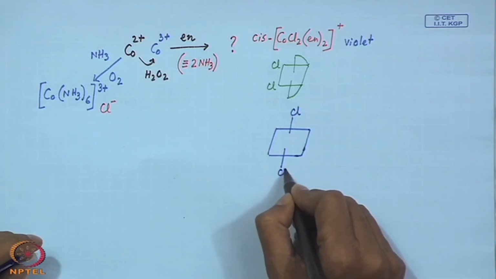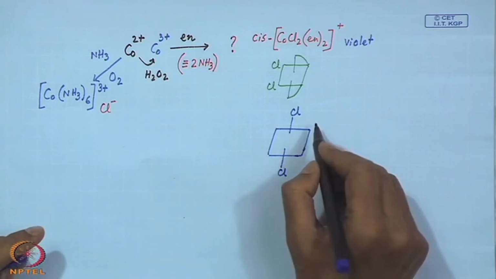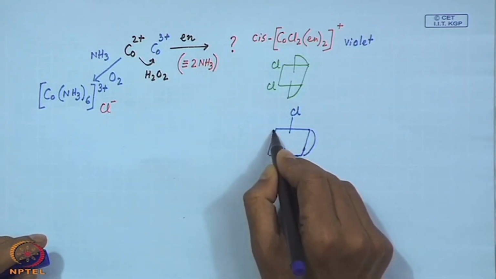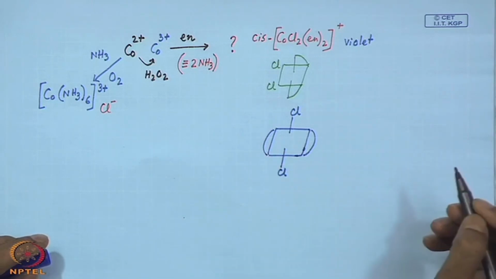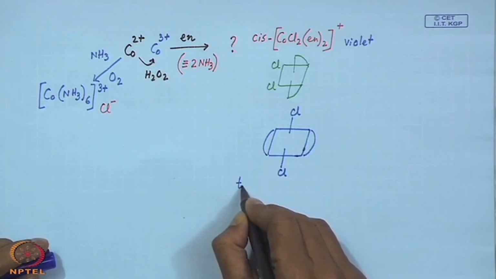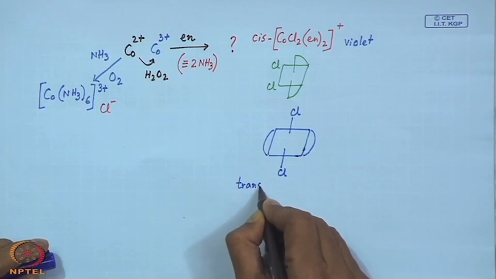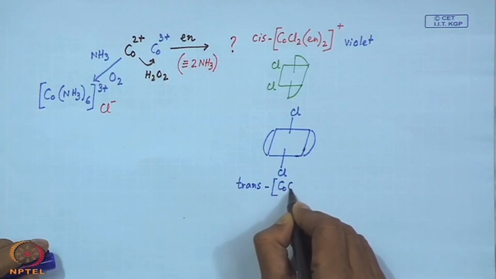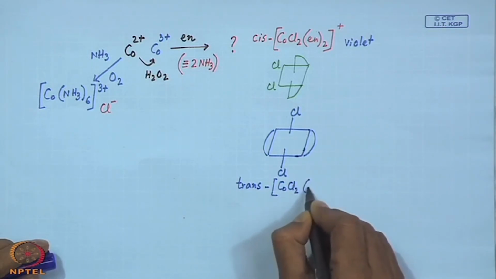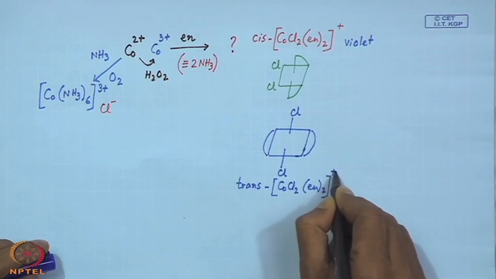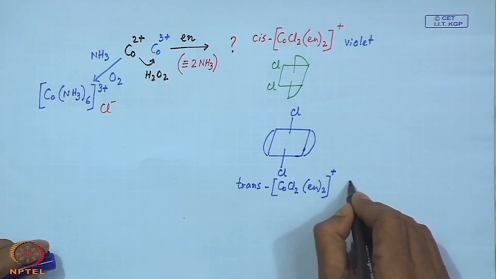Trans means we have 2 Cl over there, and these are the 2 ethylene diamine molecules, which is therefore trans-[CoCl2(en)2]+, which is